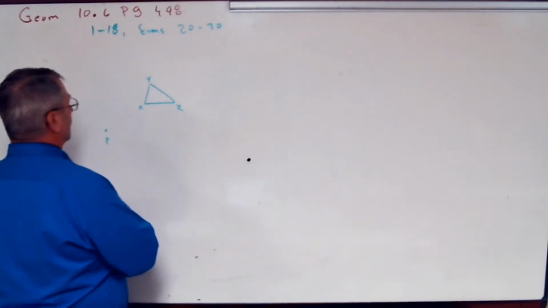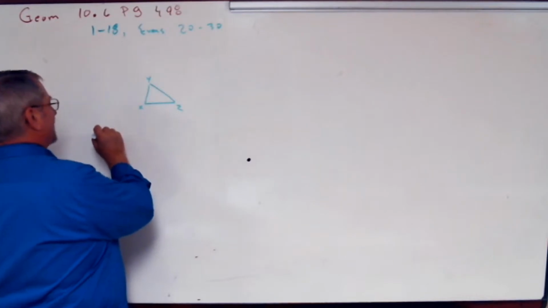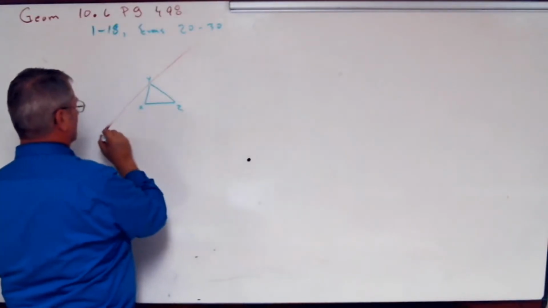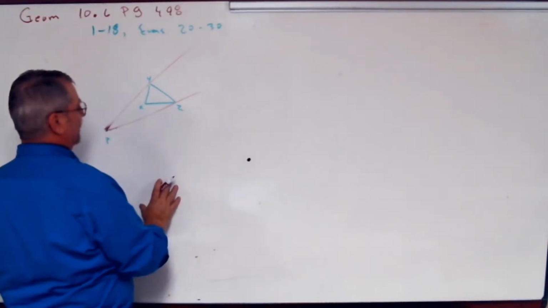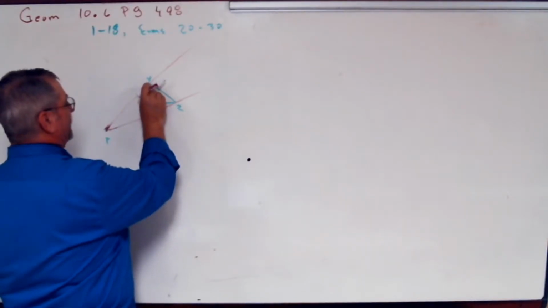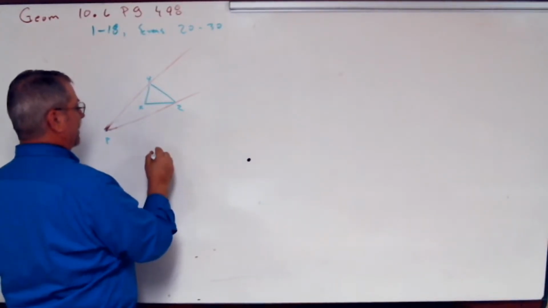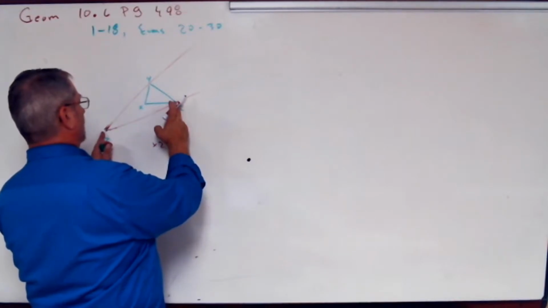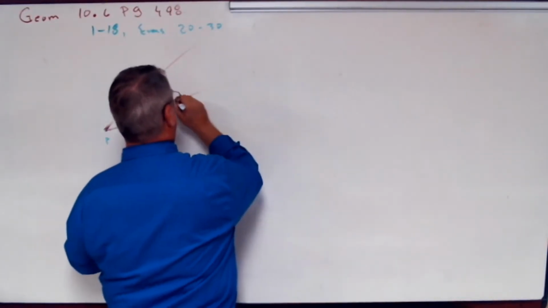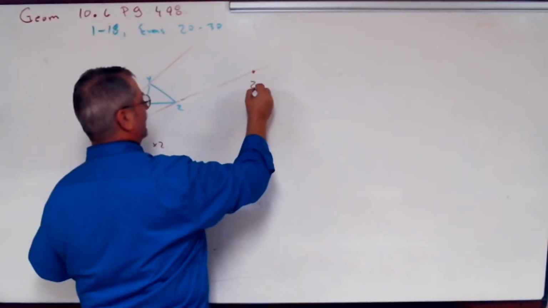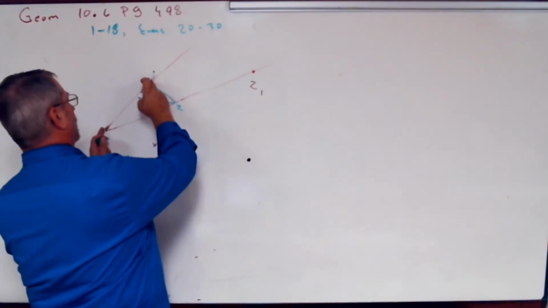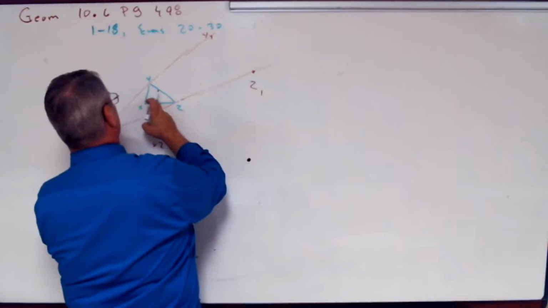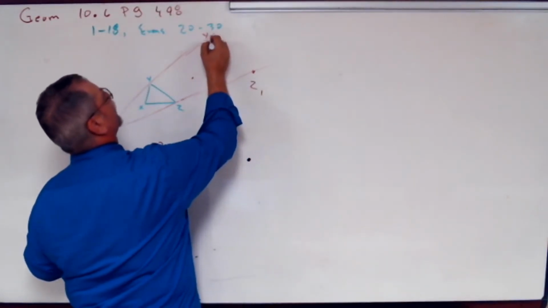If I draw, I won't run a room. So if this is my center of dilation, I draw a line that goes up like this, and I draw a line that goes through there. Does that make sense? So if it's going to get bigger, let's say it's going to double. So my dilation is times 2. This distance is going to double again, right there. So I continue this out. There's that new point, Z prime. Y is going to double. It's going to come up to here on this line. There's my new Y prime. X is going to come up right here. So here is